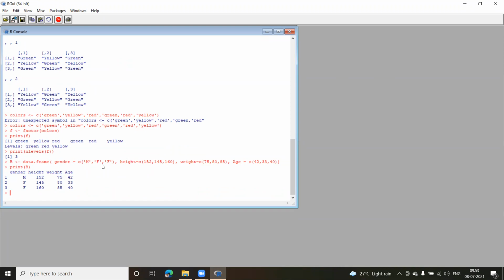So in the form of rows and columns, and the columns can be of different data types. As I said, it can be character, it can be numeric, it can be a float value. Numeric can be either integer or a float value, or a character, or even a true or false. So you can have multiple combinations. This is how you can create a data frame. We will stop here today. Data frame is the last. At least I've shown you how to create all the different types of objects in R.